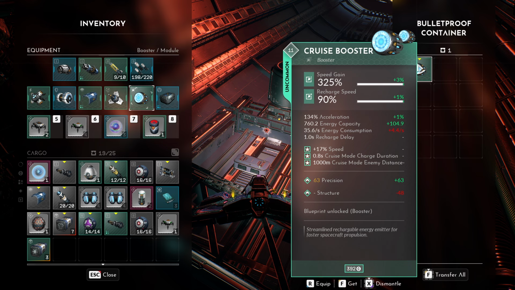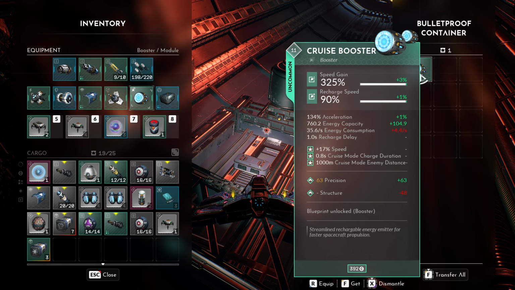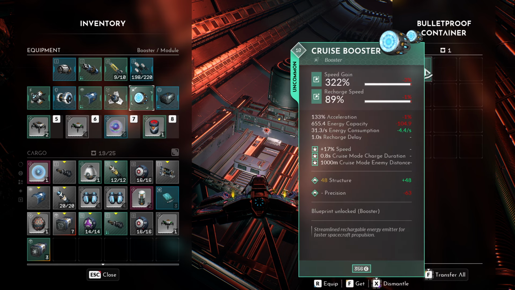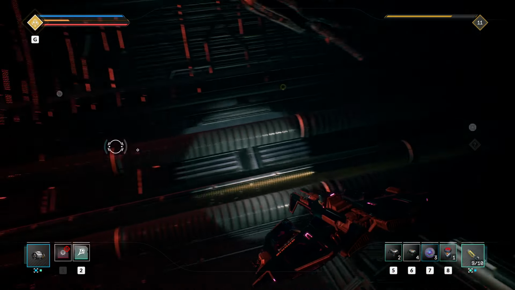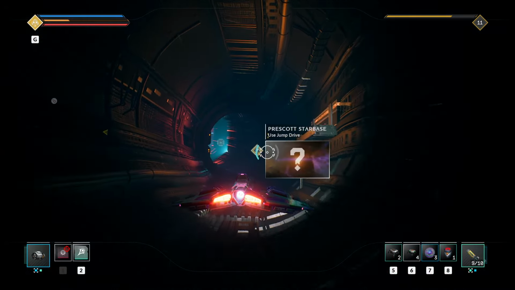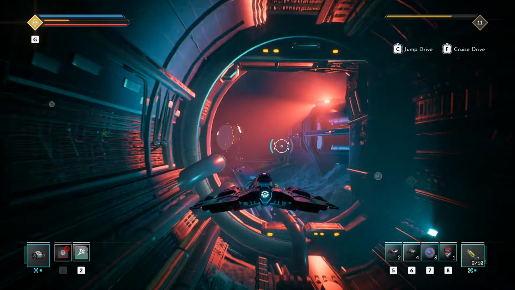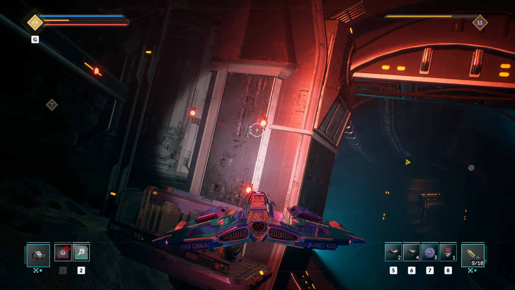Structure down, precision up for a little bit more capacity. Plus 17% speed, so that stuff's all the same. I guess it is a fair amount of extra energy. I don't love the structure loss for precision, but it's fine. Alright, so I still don't actually know how to access the secure container there. But also, you know, I don't necessarily need to. Oh, wait, are these...